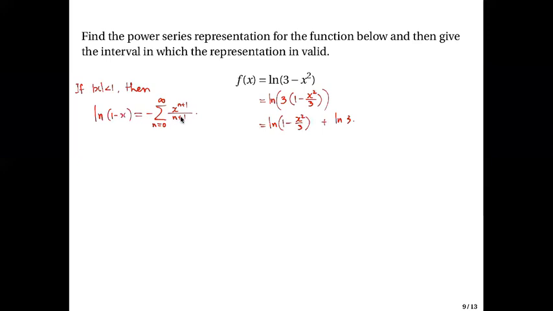So now, to apply this, we need this guy here to be less than 1 in absolute value. If the absolute value of x squared over 3 is less than 1, then we have here